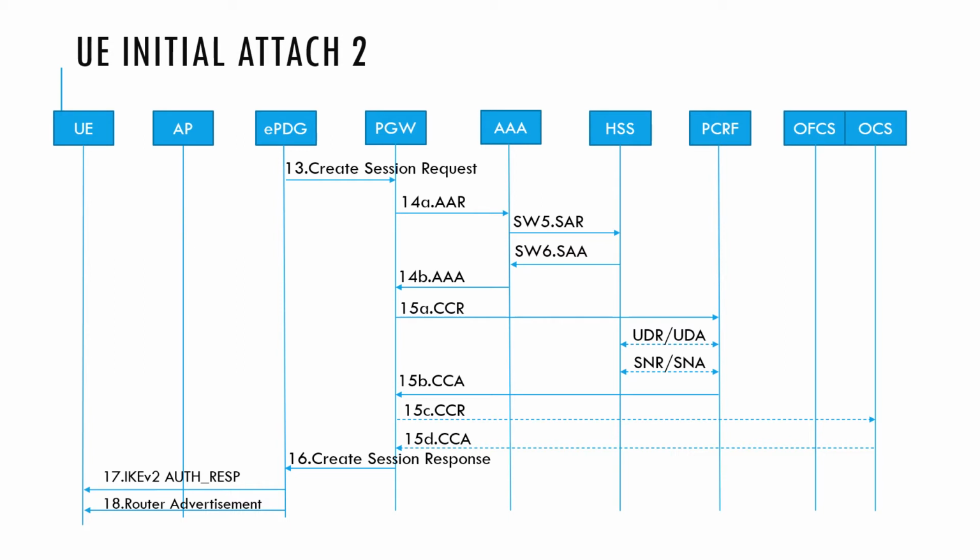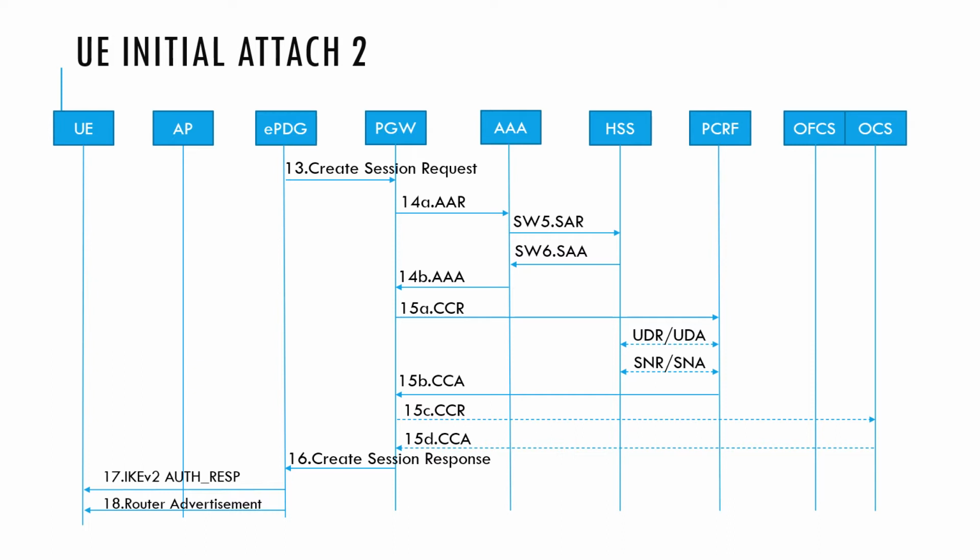Now the AAA sends a SAR message to the HSS. This SAR message is a server assignment request, with the server assignment request type as P gateway update. It is again a kind of location update message to update the location of the P gateway to the HSS. Now the HSS responds back with the SAA message with the diameter success code, and similarly the AAA responds back to the P gateway with a message with